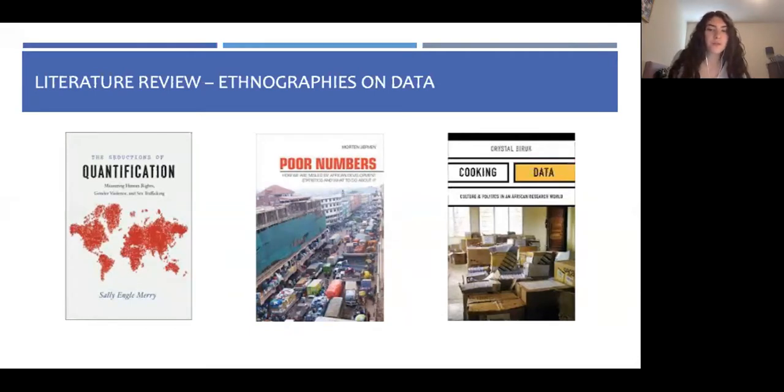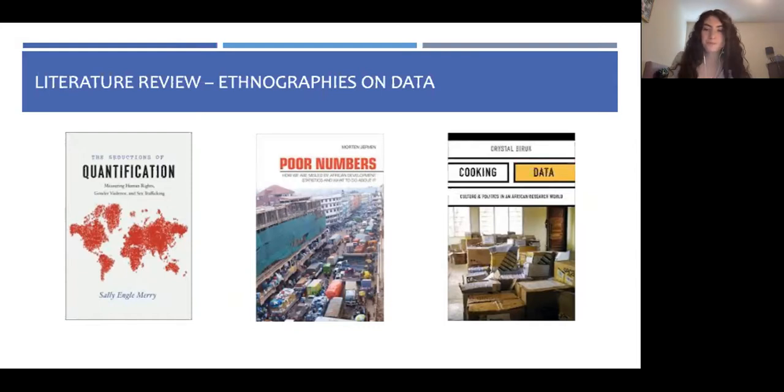And the conclusion from the three ethnographies that I drew from, which are shown here, is that the process of generating data creates truth and knowledge and does not accurately or completely reflect what it aims to capture. And the authors argue that this is because arbitrary assumptions are made in how data is collected and processed that can lead to different results. The authors also demonstrate how often subpar data is validated and used to inform political decision-making,